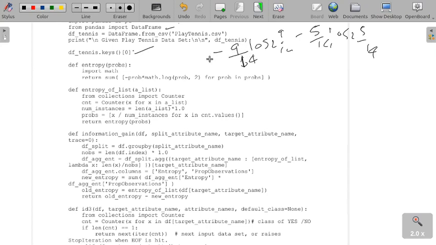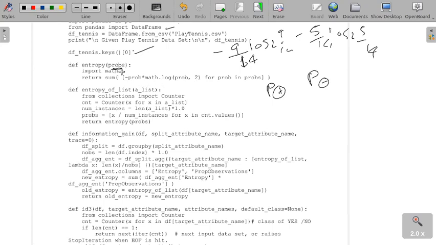Once we get the probability, the entropy calculation is to directly apply log 2 to it. So this probability contains two values: the p plus probability and the p minus probability.